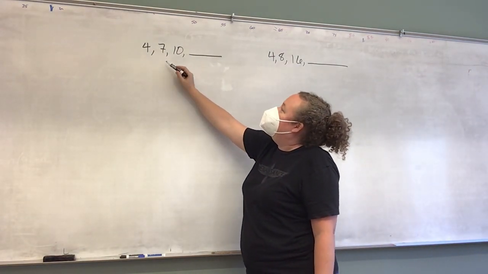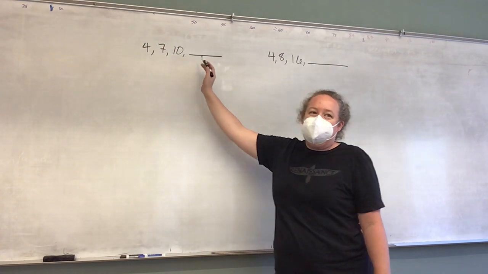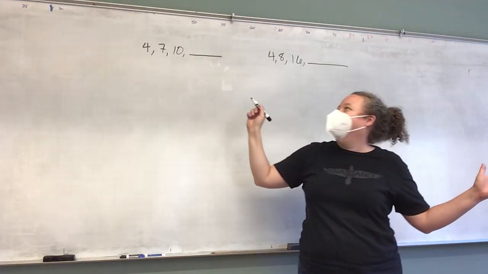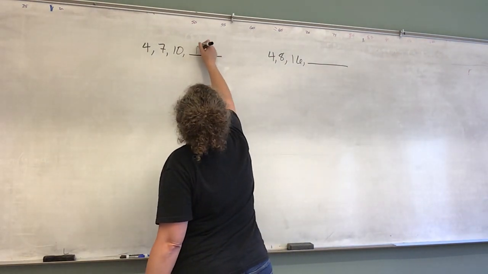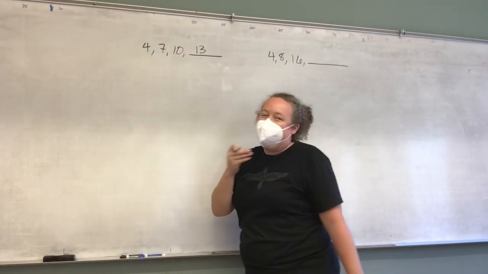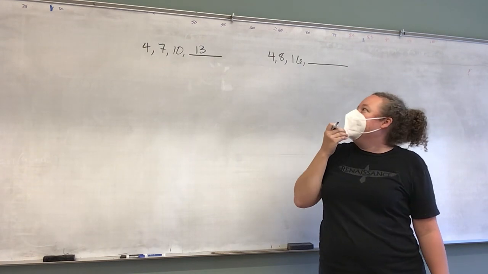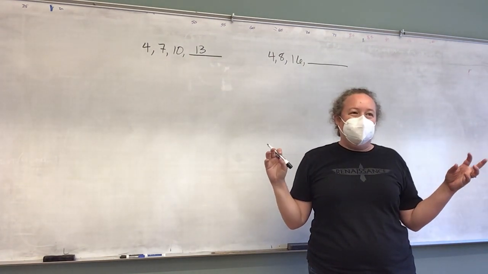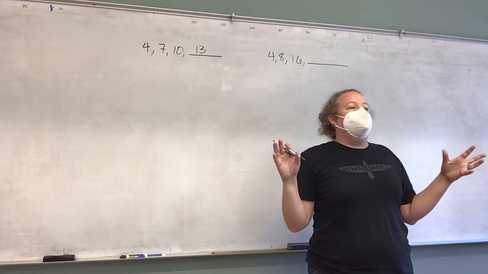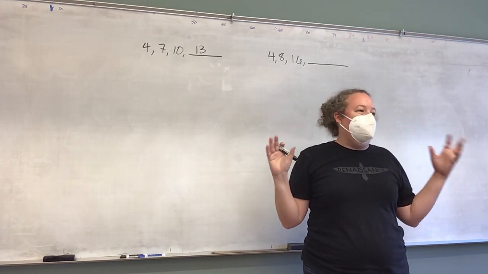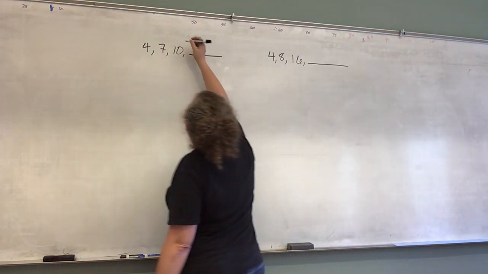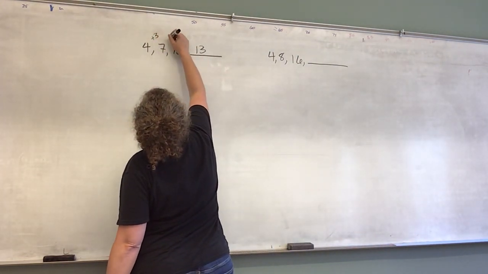So this first one here, I've got 4, 7, 10. What comes next? 13. Very good, 13. And I'm getting kind of these looks like, that is so easy. But to break it down into a very simple explanation of what we did, how did we know that the next number had to be 13? Added. That's right. We're adding 3